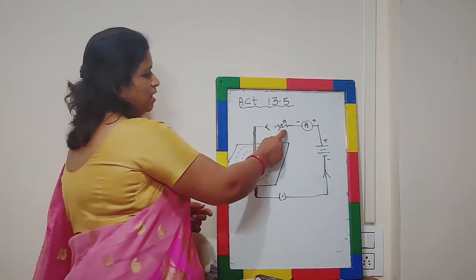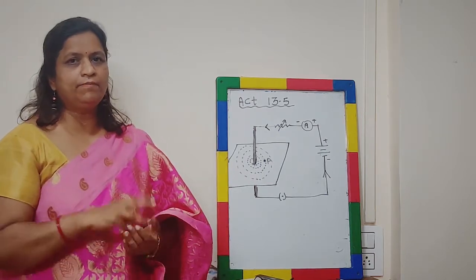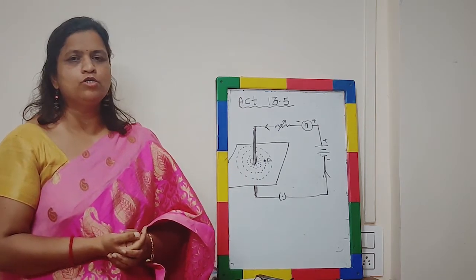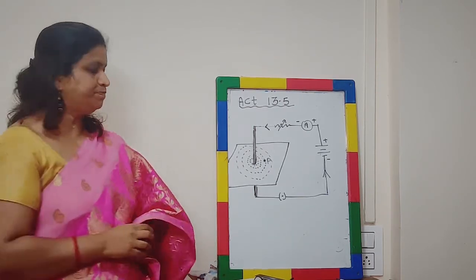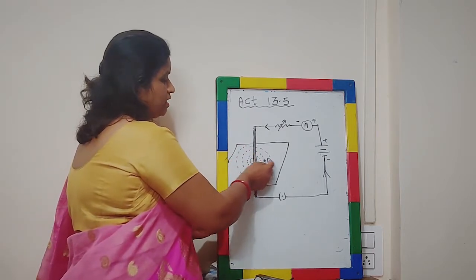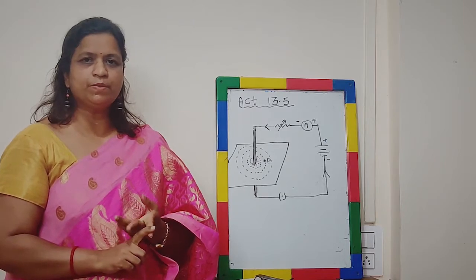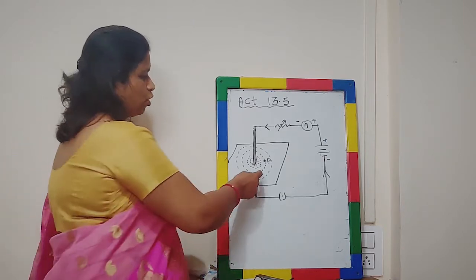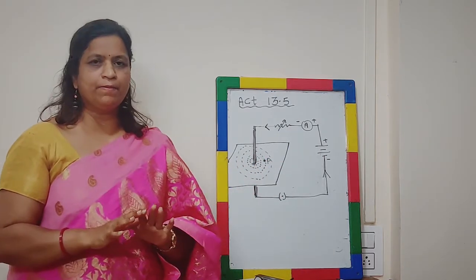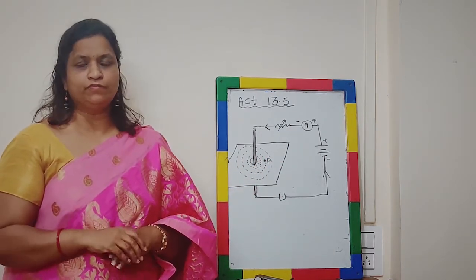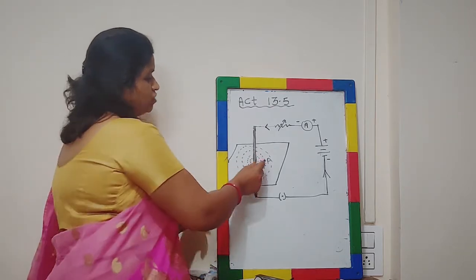If we decrease the current, the magnetic force will decrease. If we increase the current, the magnetic force will increase. So magnetic force and current are directly proportional to each other. Second point, as we go away from the conductor, the force decreases, meaning the magnetic force is inversely proportional to the radius of these concentric circles. Whenever we are moving the compass, we are keeping the current constant; we are not changing the value of current. Now the third point we are going to discuss.